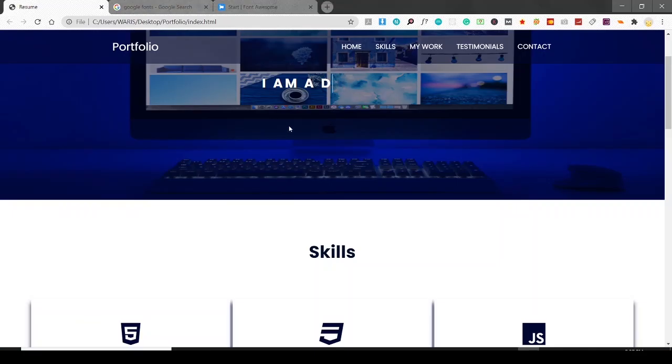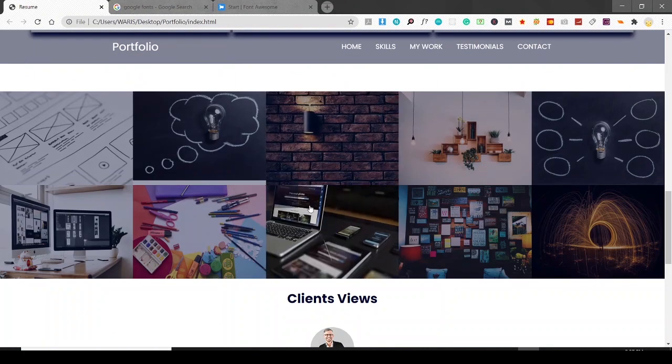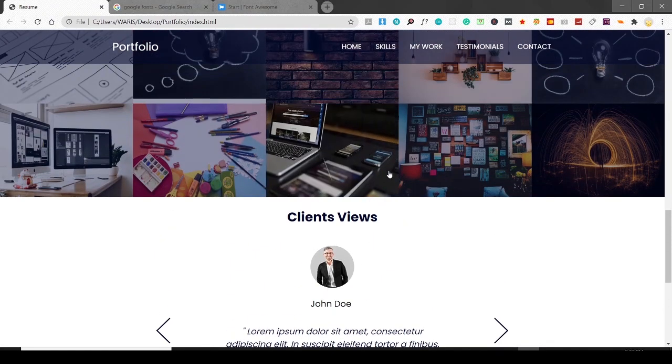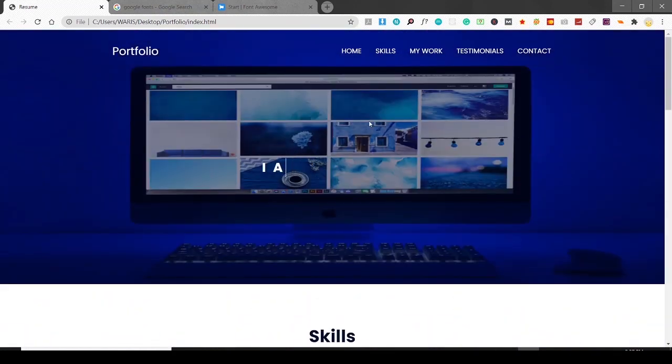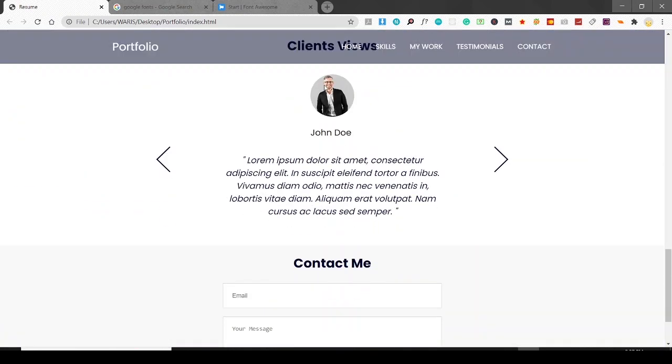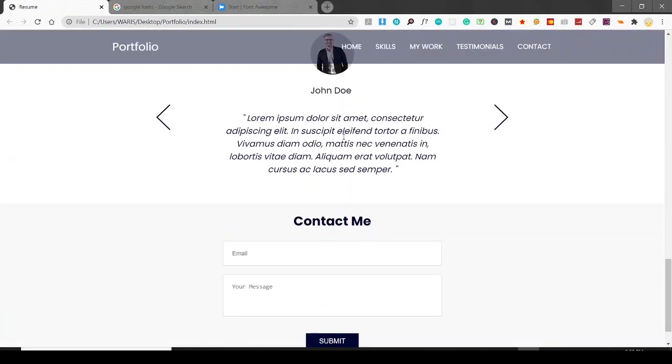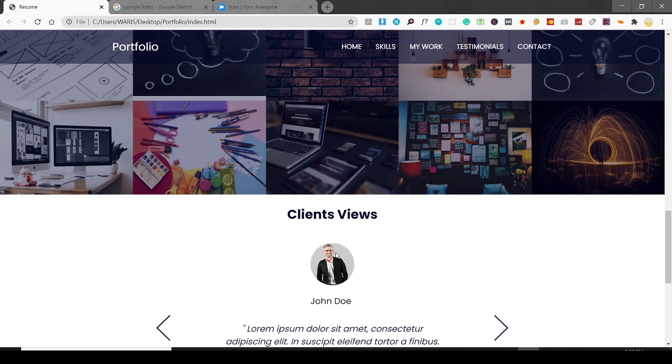And all these images, only these images, the gallery images or work images and the hero image, I have got from pexels.com. And these ones I have used in one of my old projects. I'm not sure where I got these images at that time. Maybe you can check in any previous video. So these images I got from my old project, or I think from Freepik in that old project. And for these client views or testimonial images, I got them, I'm not sure, from Freepik,